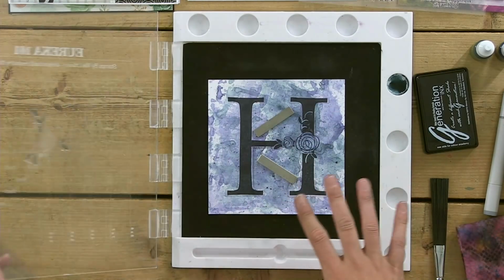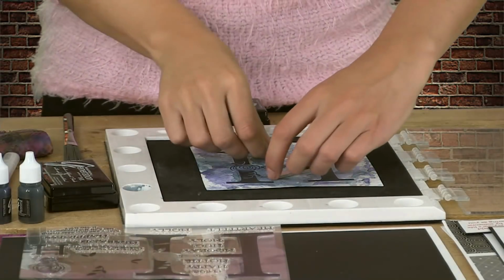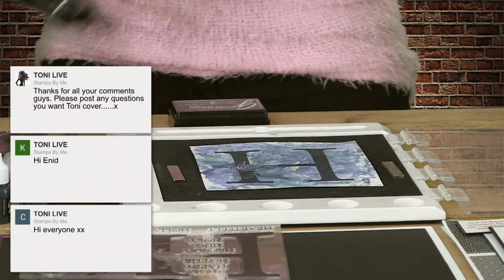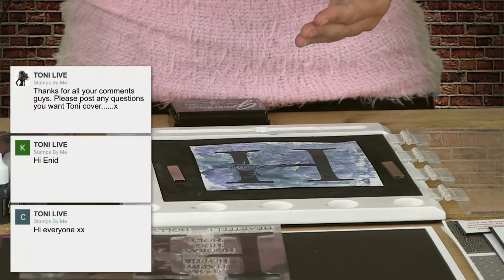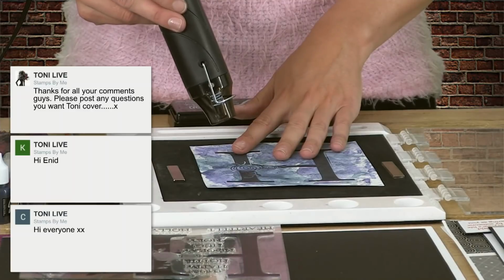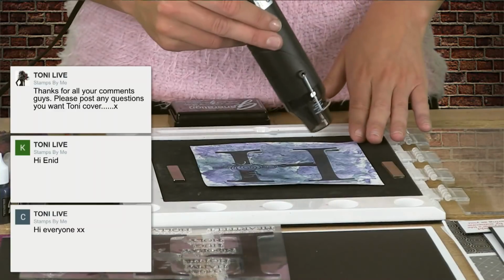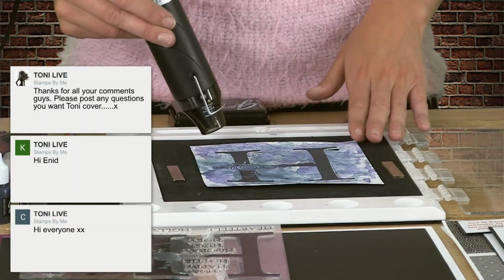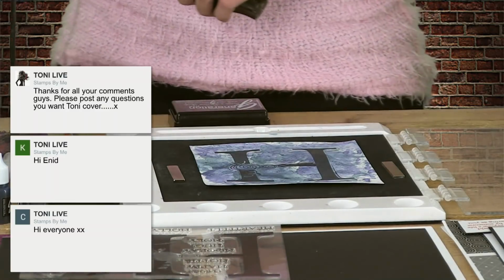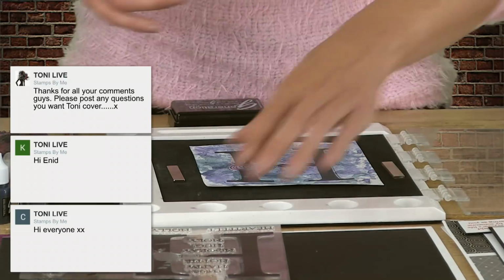So you have got the facility for a little bit of a drop shadow or something like that. So just looks amazing. So what I'm going to do is we'll just swap this out. Just going to put my heat gun over it quickly. So let's get this card put together so you can see how lovely it looks. Just put this in